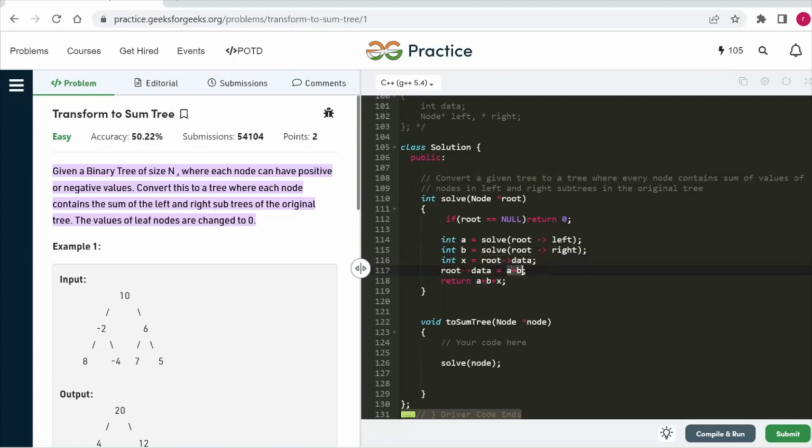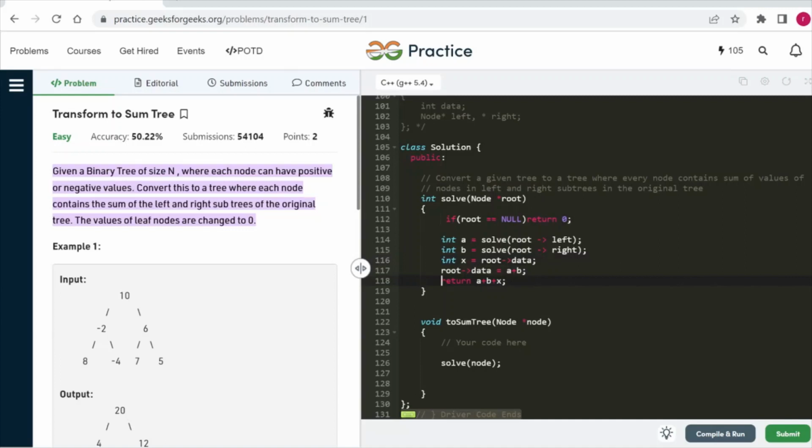This means that whatever answer we get from the left subtree and from the right subtree, we add them up and update the root data with that value. Now our root data is updated, and we have our old root data in variable x. Each function call will return a plus b plus x.